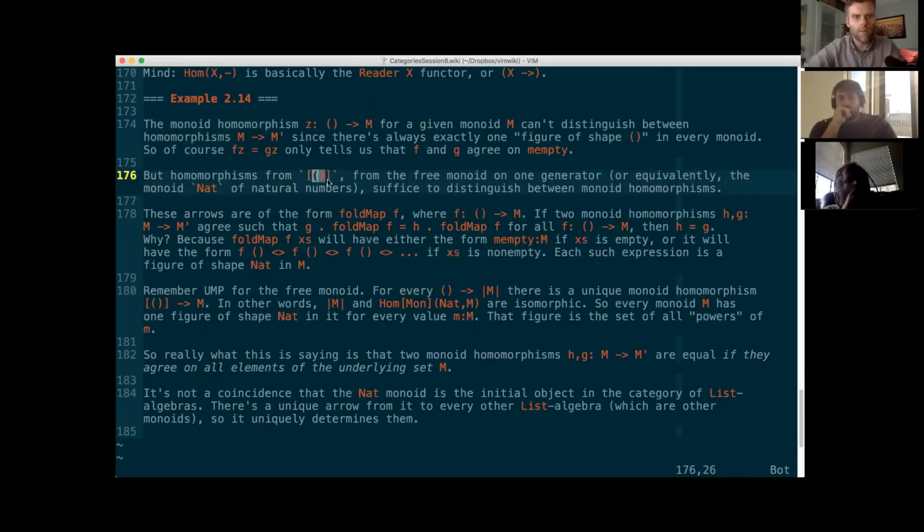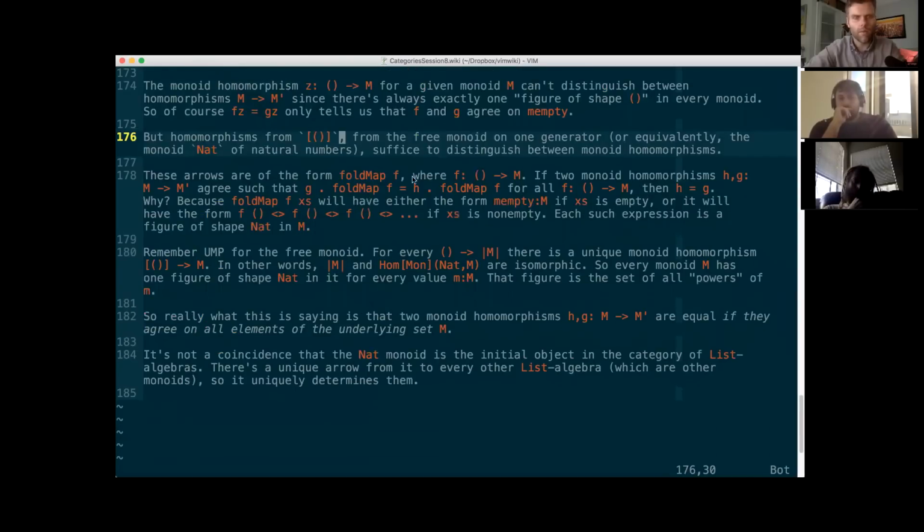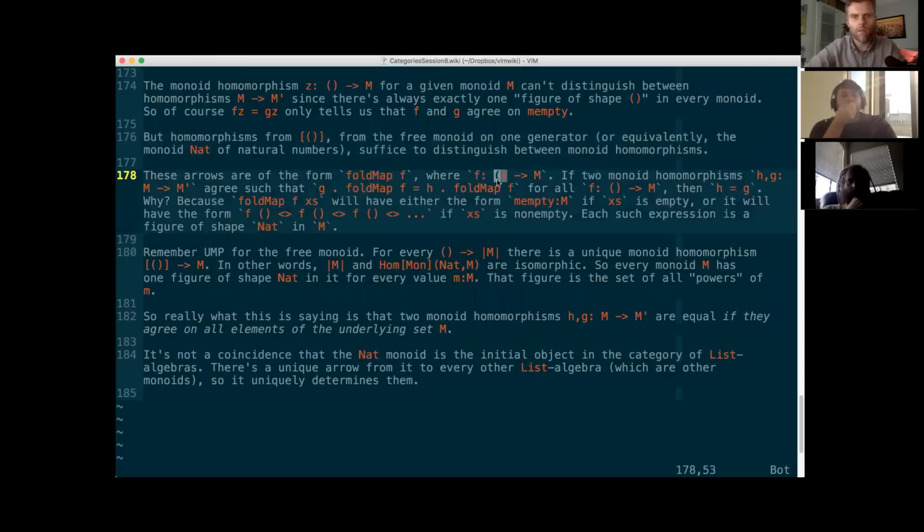But homomorphisms from list of unit, which is the natural numbers, suffice to distinguish between monoid homomorphisms, and these arrows are of the form fold map f, right, where f is of type unit to M. So if two monoid homomorphisms h and g agree such that g composed with fold map f equals h composed with fold map f for all f of type unit to M, then h is equal to g. Why? Well, because fold map f xs, remember that fold map